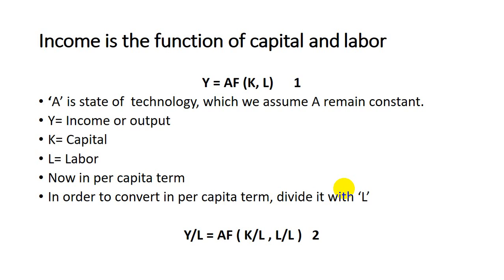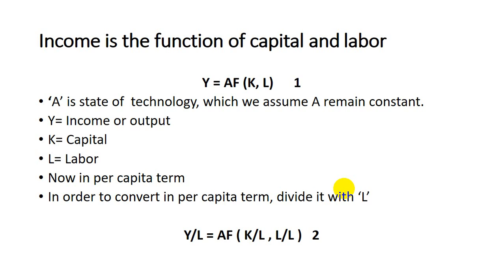This model is based on the classical position. That's why, according to him, the market itself makes the correction. So again, no role of government is required in his model. We have discussed the major differences between the Harrod and Domar models. Now we are going to discuss the function of the Robert Solow model, from which we are able to make the growth equation in the end, after discussing that income is a function of capital and labor. So first we will discuss the basics of the Solow growth model.